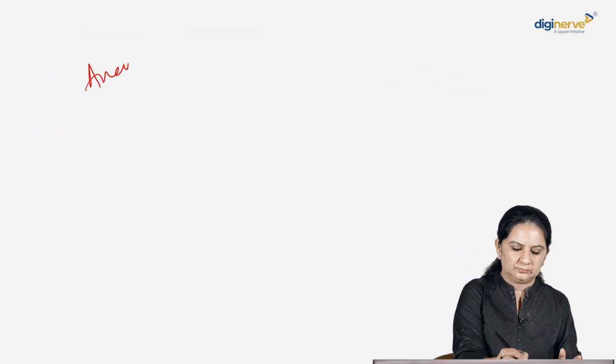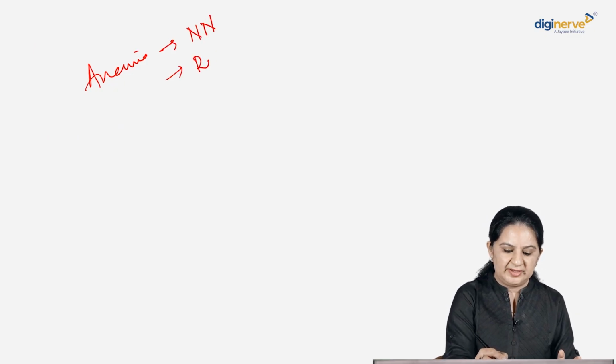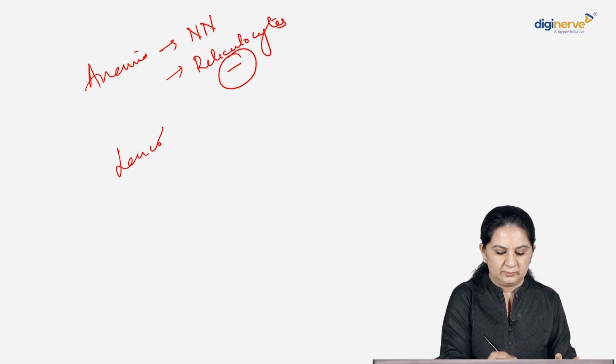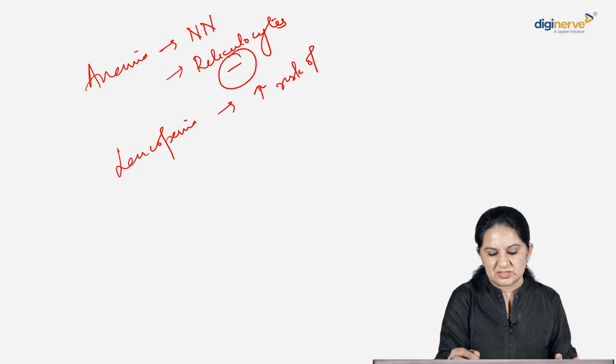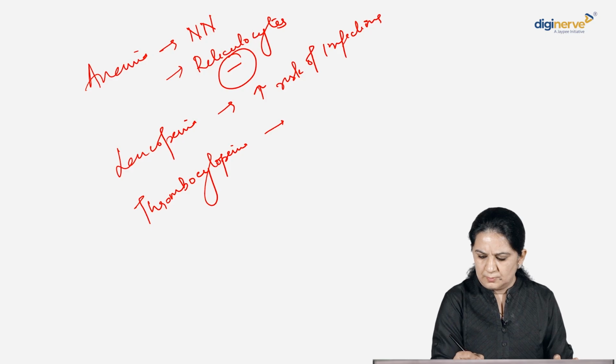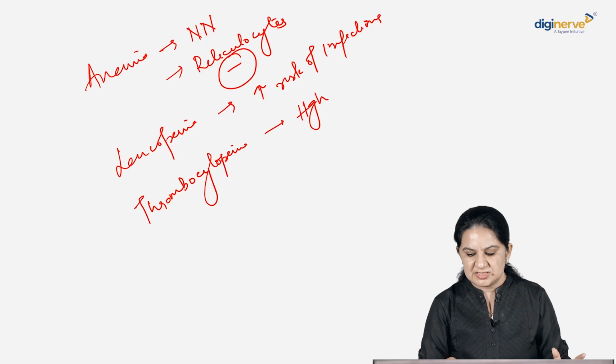Now, clinically, what will you see? You will see anemia. Anemia is usually normocytic, normochromic, plus reticulocytes. What will happen to reticulocytes? They will not be there. No reticulocytosis. Leukopenia: patients are prone to infections. Thrombocytopenia: you will see hemorrhage, basically bleedings from gums, various other mucosas.